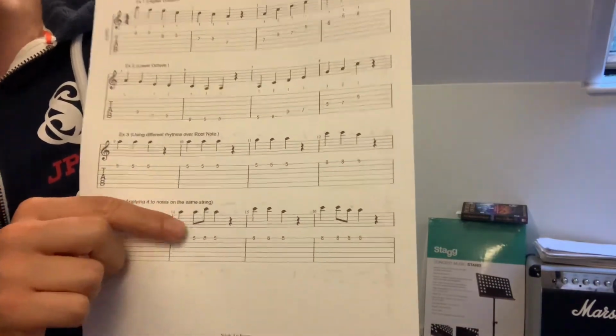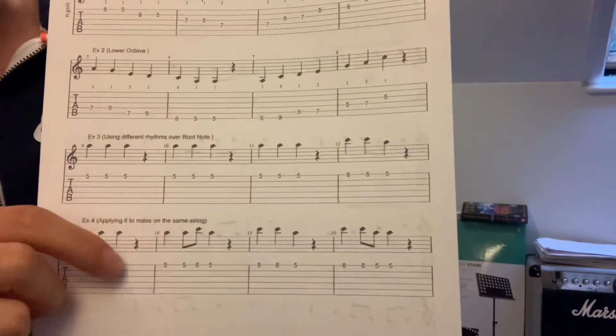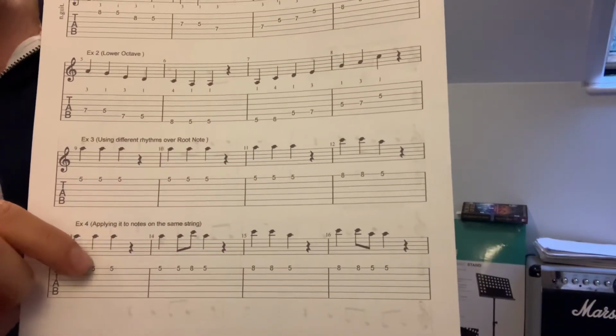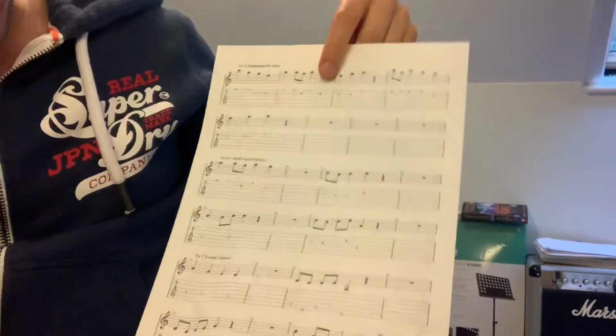When you see these notes joined together, they're our running notes. So they're the walks: walk, walk, walk, walk, running, walk. Okay, and we just develop the idea